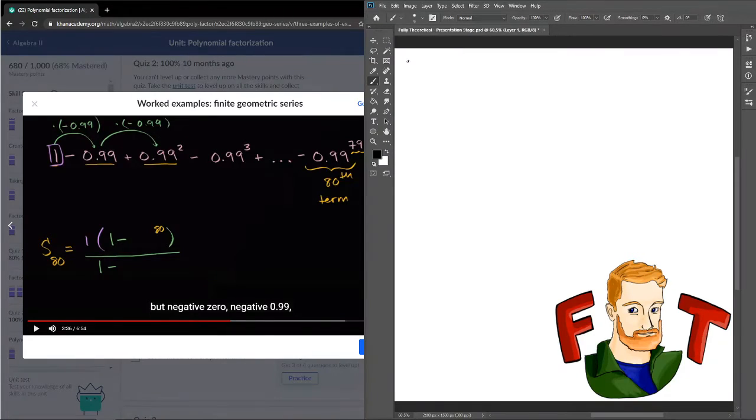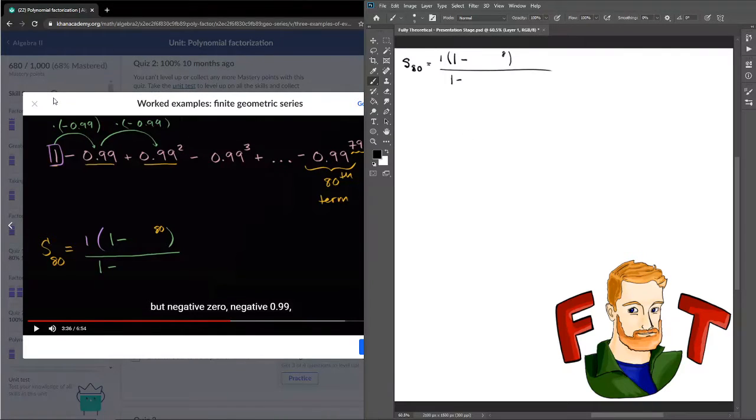So we've got S sub 80 equals 1 times 1 minus the common ratio to the 80th power over 1 minus, now he already explained,